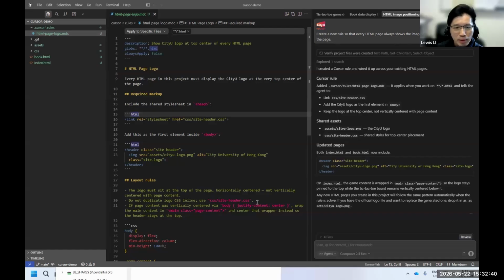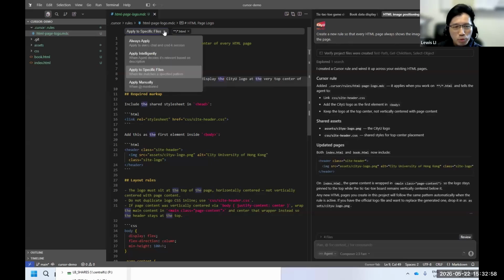So you don't need to care about how the CSS will work or how the HTML page will work. The only thing you need to do is have this instruction, must create a logo every time to generate the HTML page.